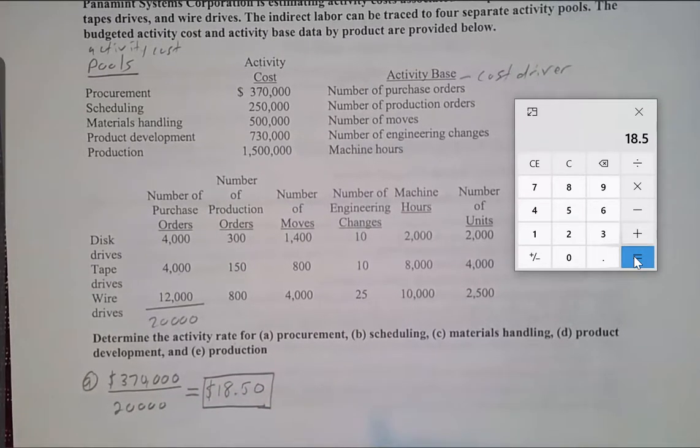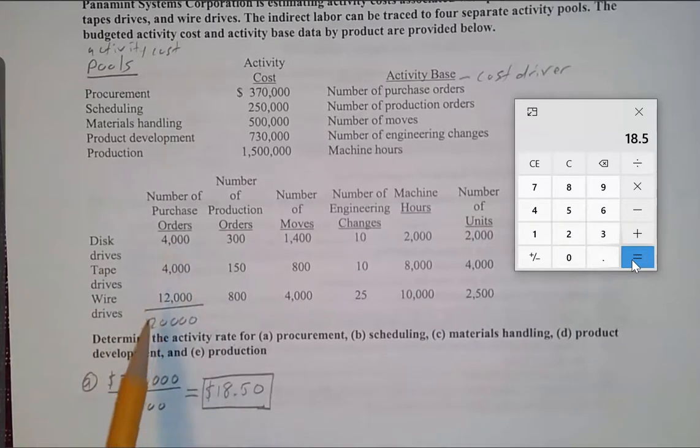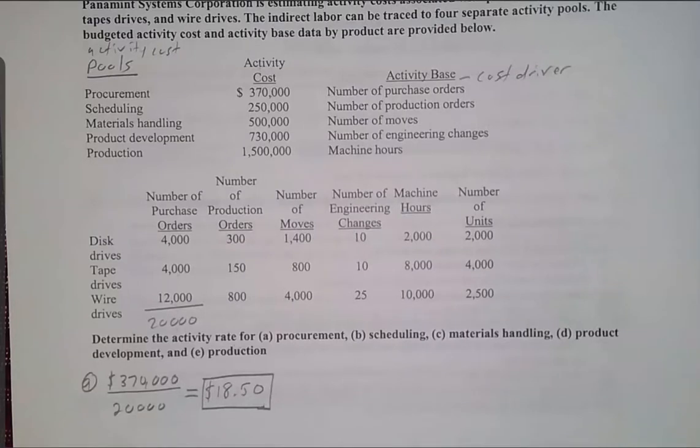$18.50. Okay, so when we're attempting to come up with our overhead allocation for any of these products, we're going to need this $18.50. That's going to be one component of what we're attempting to do. And I say that because every single one of these products has purchase orders associated with it. All right. So now all we're going to do is the exact same thing for all